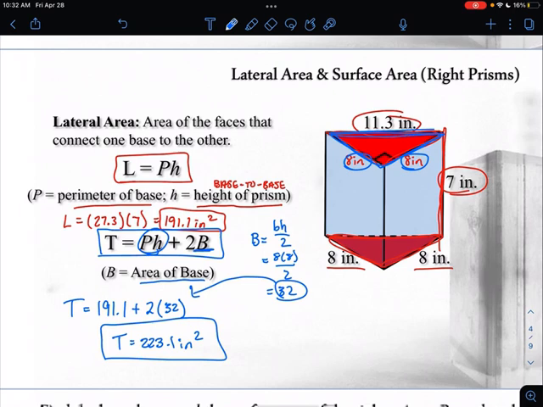So anytime we're doing this surface area formula, they might ask for lateral, they might ask for total surface area. So it's all about finding the perimeter of the base, recognizing the height from base to base, and then calculating the area of the base and then putting it all together. So if we look at another example here,